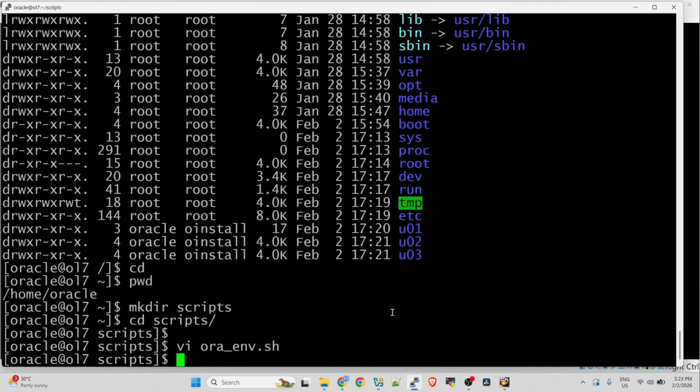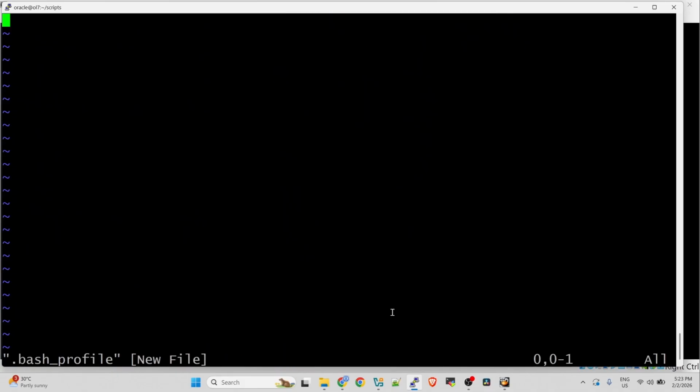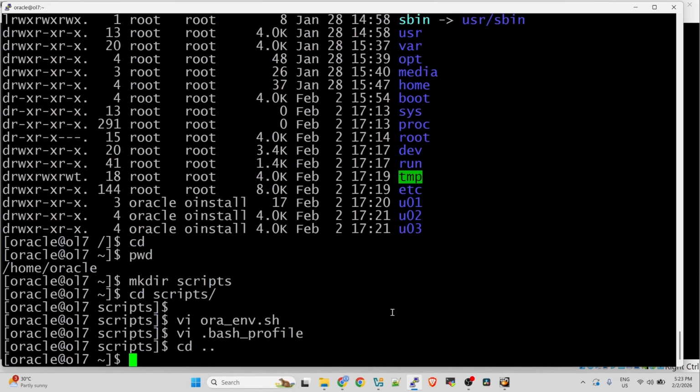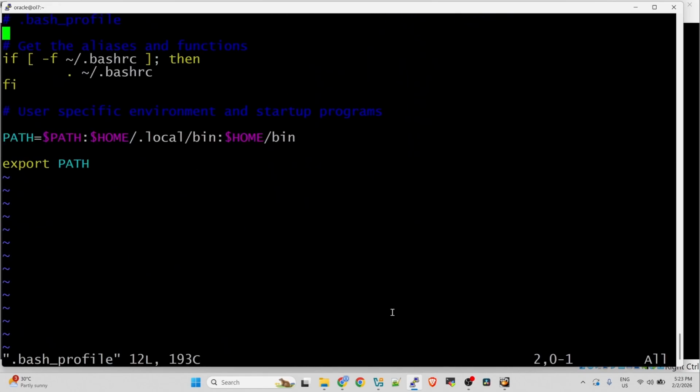Then after that, let's add it in our bash profile. Because we're currently in scripts, that's the bash profile. So here we can just add /home/oracle/scripts/environment.sh.